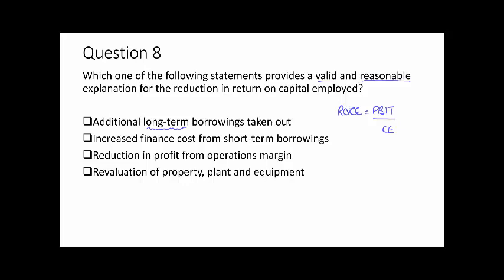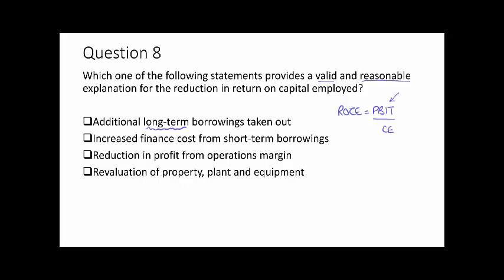Increased finance costs from short-term borrowings. Well, remember here we were saying that what we include in the calculation is before any interest or tax, so an increase in finance costs would not affect my ROCE calculation at all. Reduction in profit from operating margins. Well, again, when we looked at our other margins that have been calculated, both gross profit and profit before tax had increased between the years, so that doesn't appear to be a valid explanation, which hopefully means the last one